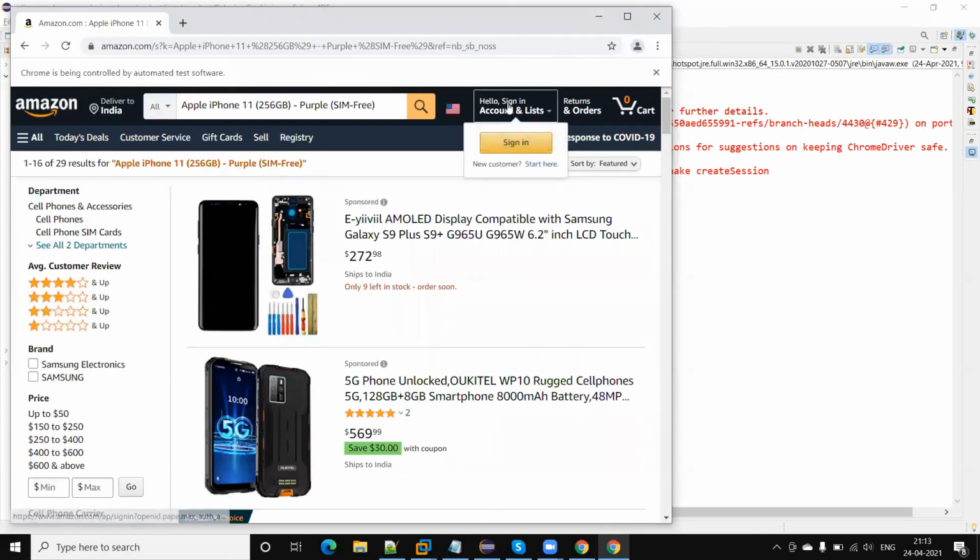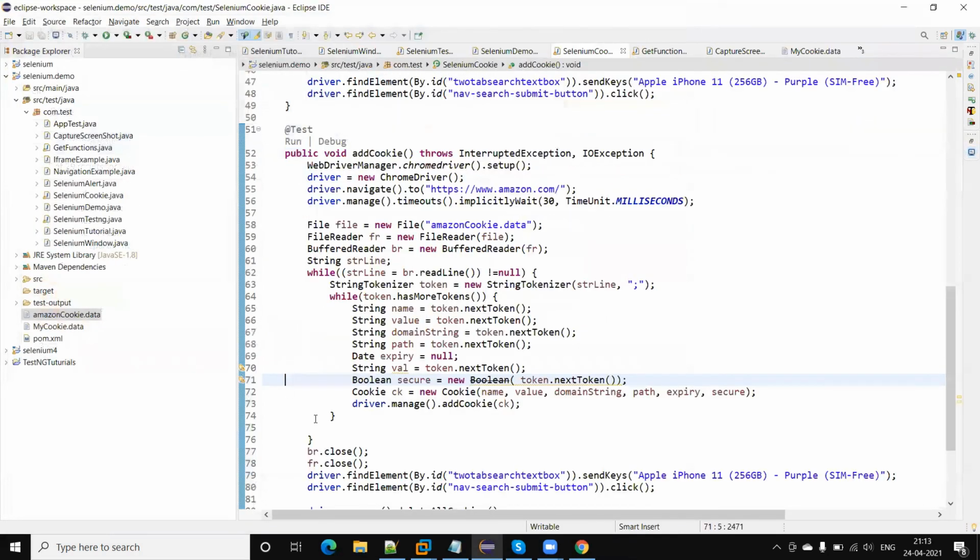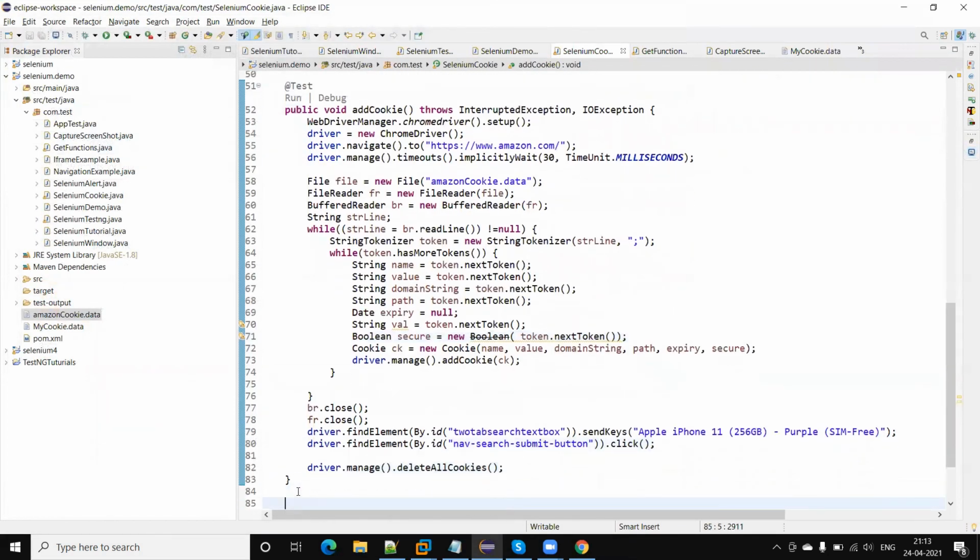Yeah, you can see name is gone. Why is the name removed from here? Because the cookie is deleted. So if you refresh the browser, this will not consider the URL, because the information which we have stored in the browser is deleted by calling the delete cookies method. Okay, so this will help us understand how we manage the cookie, how we store the cookie in the browser, how we read the cookies and store in a particular file. If we want to clean the cookies, then we run the command like delete all cookies.